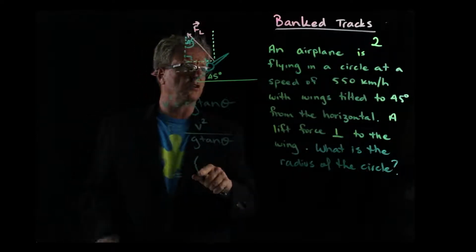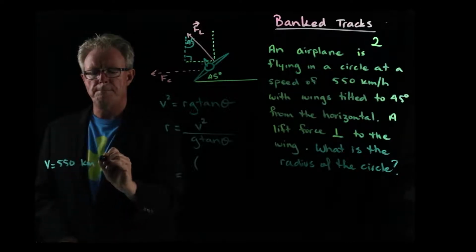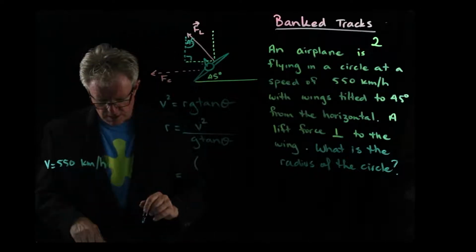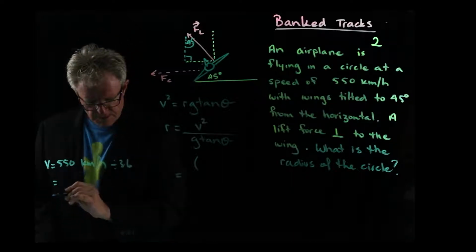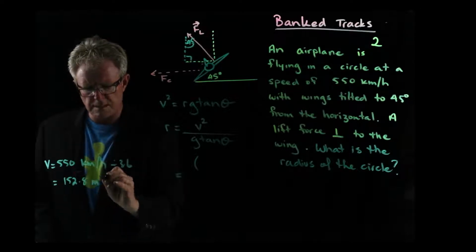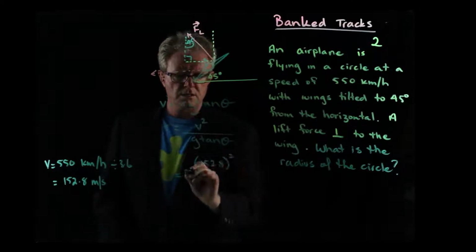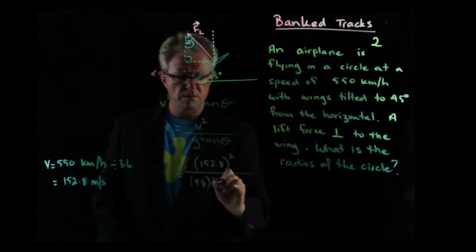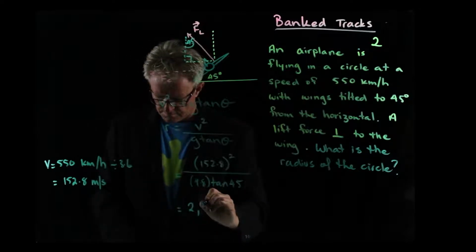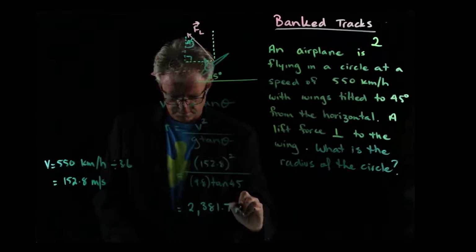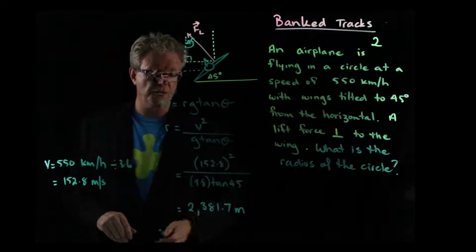And now we substitute it in, so the velocity is 550 kilometers per hour. We want it in meters per second, right? So we have to remember that we divide by 3.6. That's going to give us 152.8 meters per second. All right, so we put that in there, 152.8, take the square of that, then divide by 9.8 and then tan 45. So when we do all that, we say that the radius of the turn of the bank is 2,381.7 meters,